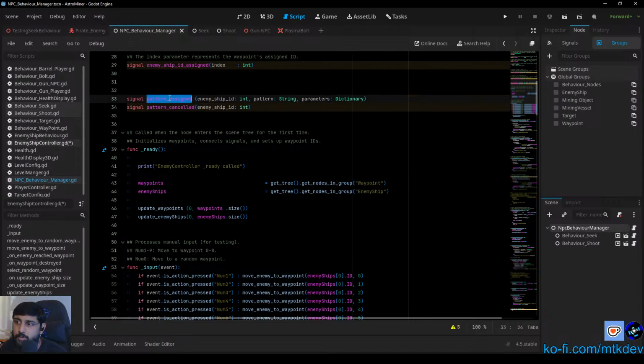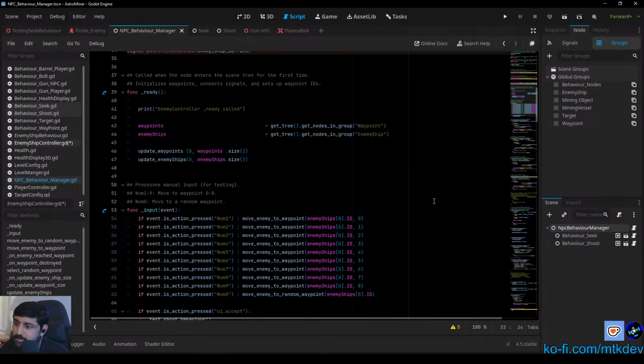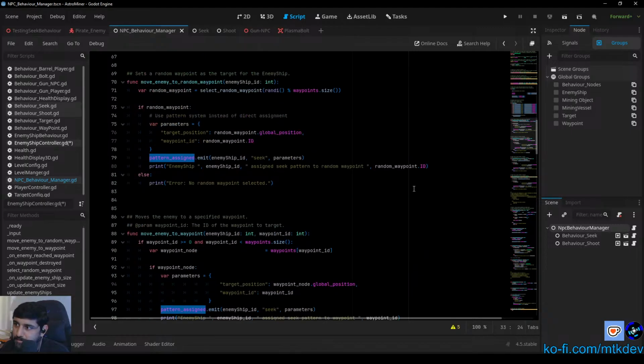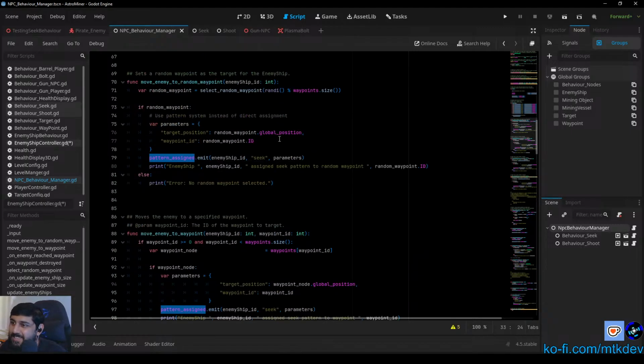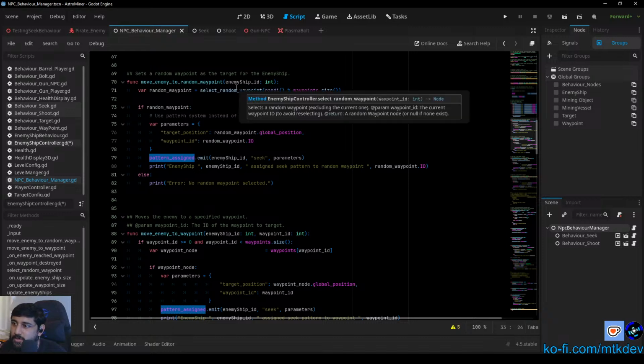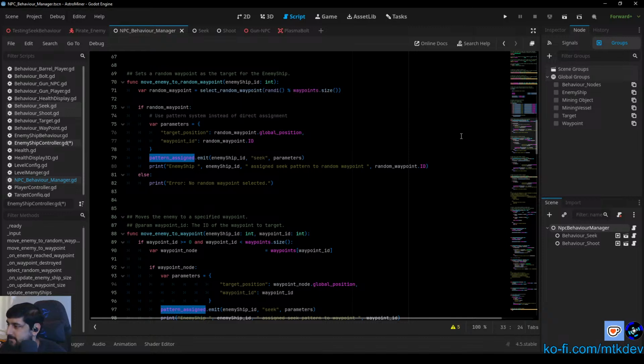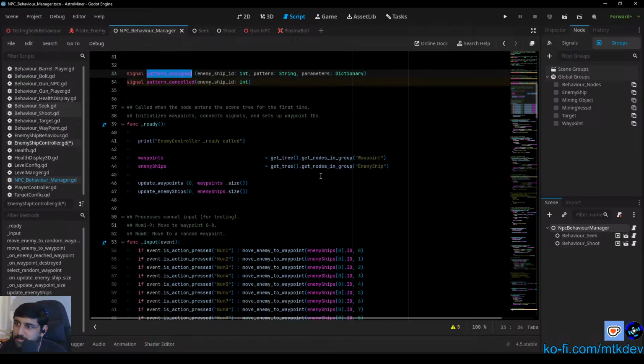So we need to look for where pattern assigned is emitted. And I don't see anywhere in this file where it is being... Oh, here we go. Emitted. Never mind. Parameters, target position, waypoint ID, move enemy to random waypoint. So here we can go into this,